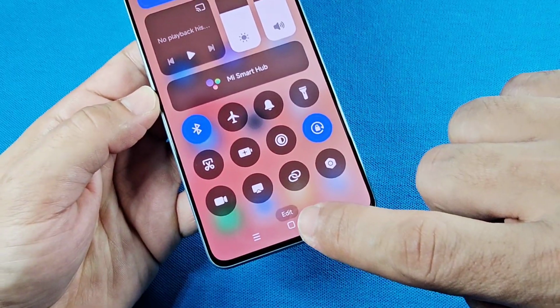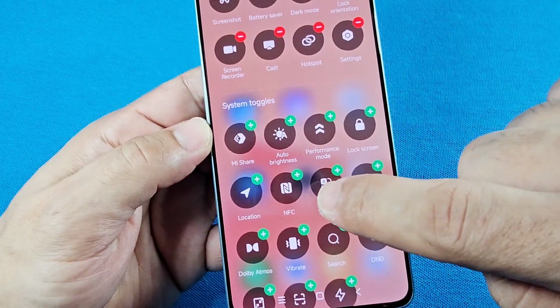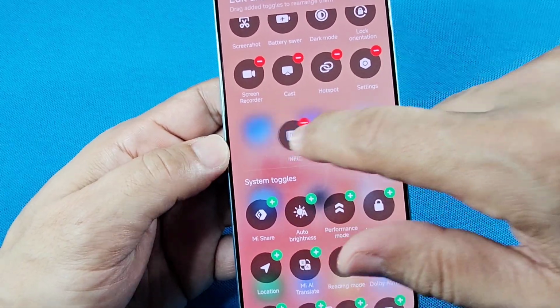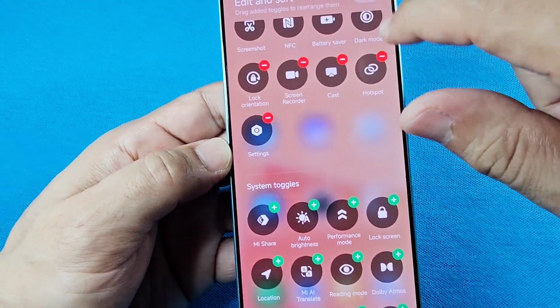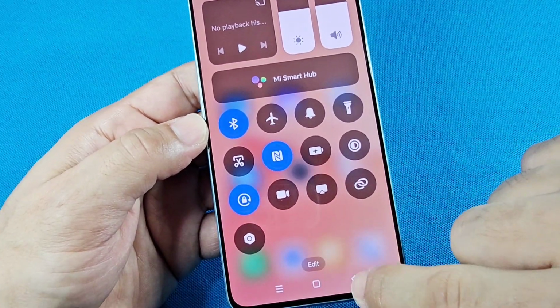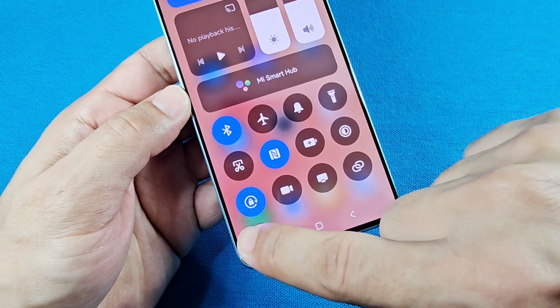and tap on the edit icon right here. This is going to allow you to find the NFC toggle and add it into your quick panel access, allowing you to have it readily available to instantly access it at any given time, okay? Now, with that said and done here now, you can now go into the main settings of your Redmi Note